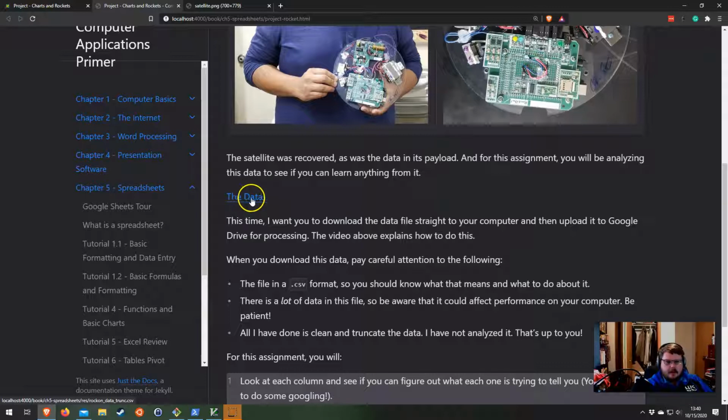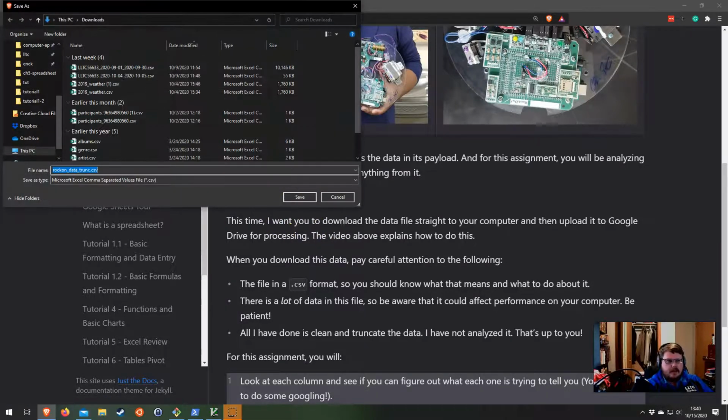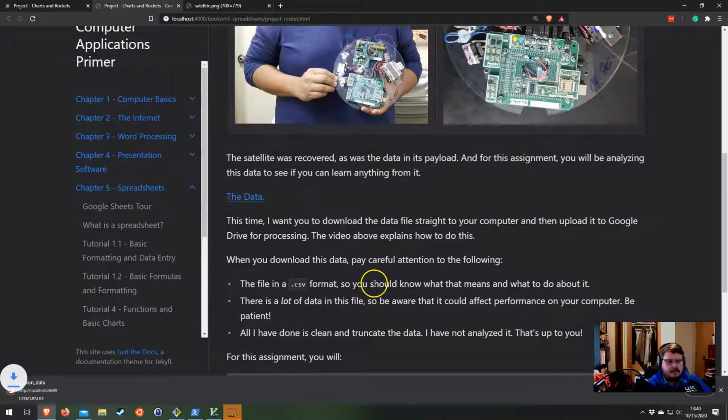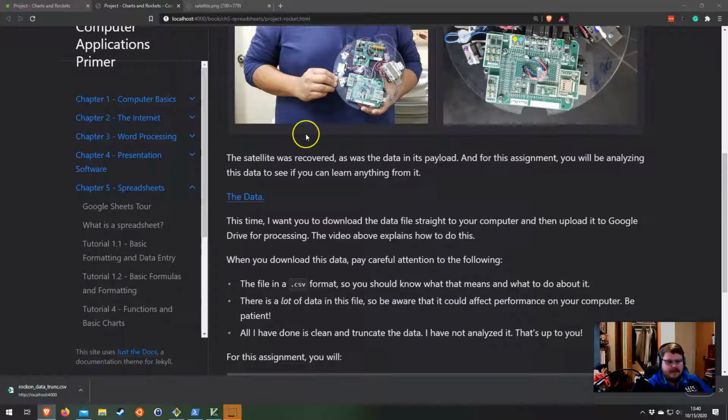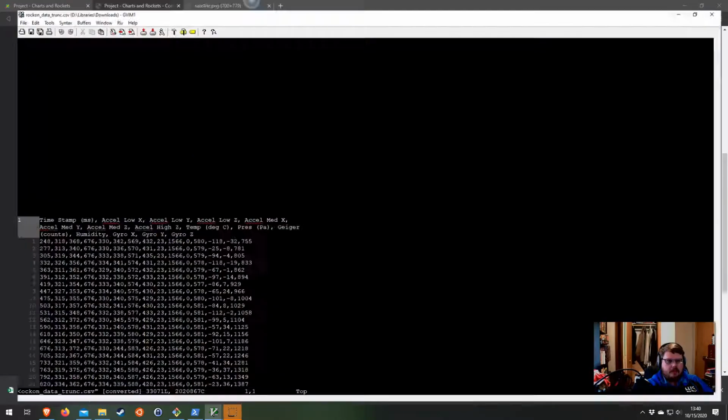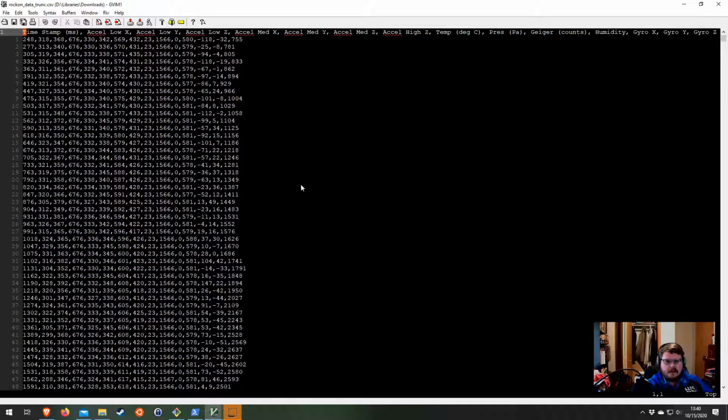This time you're actually going to be downloading it straight from my website, and I did this on purpose. It'll download the file. I'm going to download it to my downloads folder. And the reason I'm doing this to you, and I'm going to actually open my downloads folder and show it to you, is so that you can see what's in this file. And I want you to know that when you get a CSV file, you can do something with it. You don't have to worry about